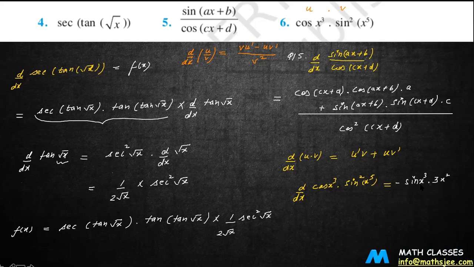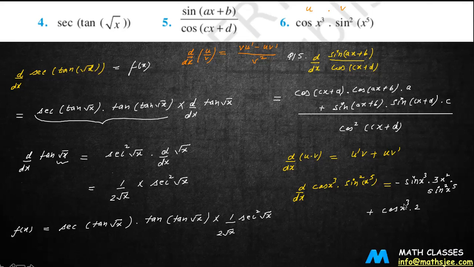Now this derivative is finished, then it is into v, and v here is this part, sine squared of x raised to the power 5. Everything is multiplied, then we come to plus u as it is, u is cos of x cube, times the derivative of this part. Now understand, here we have 2-3 functions at the same time: the power, the sine, and again x raised to the power 5. First of all, deal with the power. You know that it will be dealt with as x raised to the power n, so it will be n into x raised to the power n minus 1.